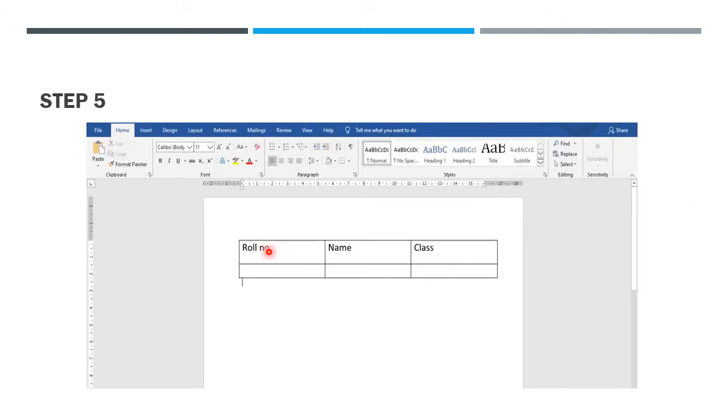See, now there are 3 columns and 2 rows. What are the 3 columns? Roll number, name, class. So 3 columns are created and 2 rows appeared. So this is the way to insert the table.